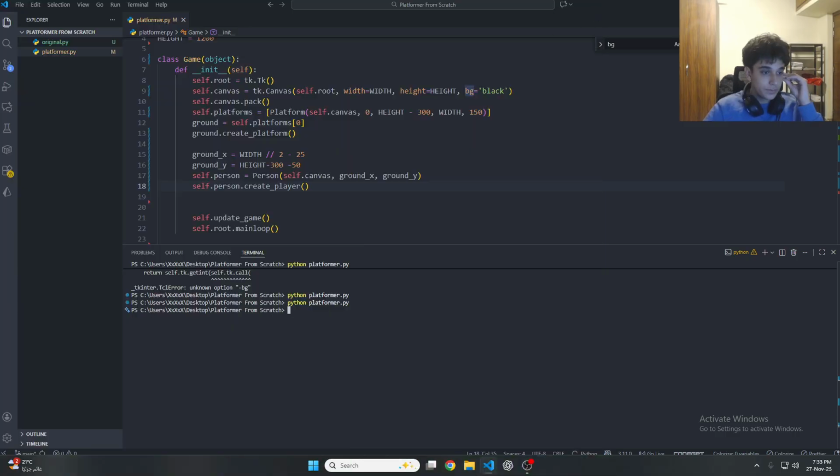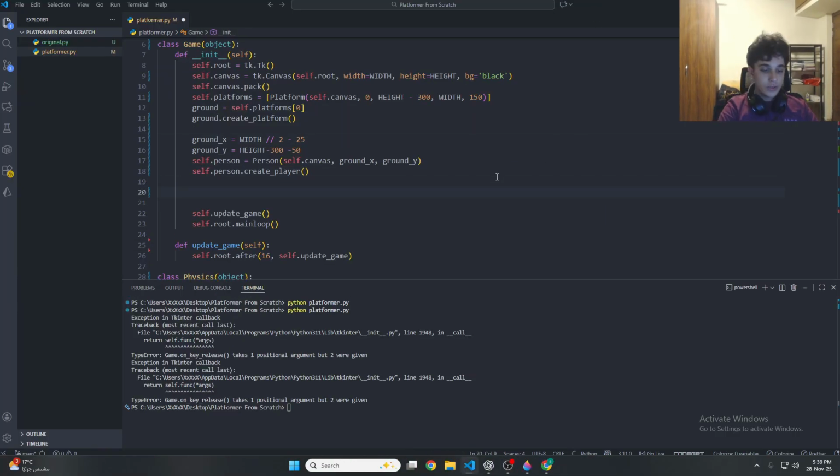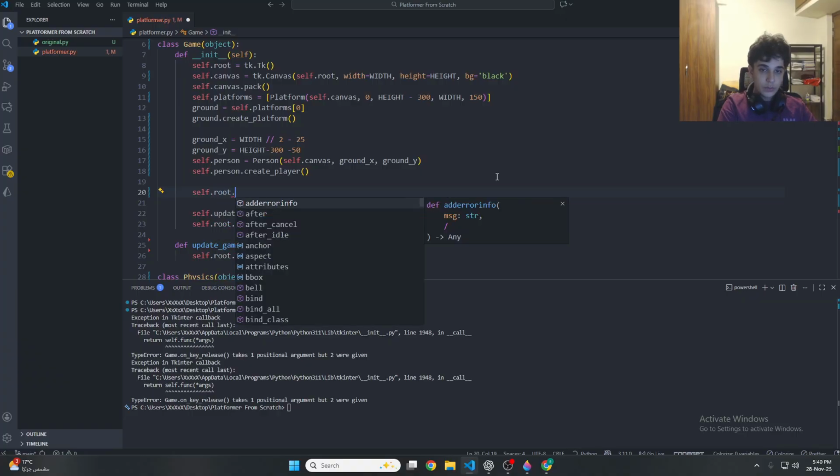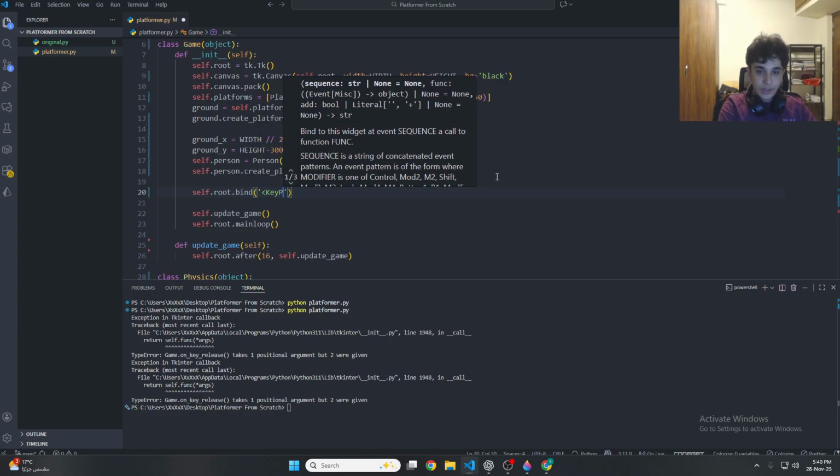next part. Okay, guys, let's pick up where we left off. Now we're gonna work on the movement, and to do that, first we're gonna have to define the default keybinds for movement. Now, to do this, we do self.root.bind, and this is gonna take in what we actually want to bind for a certain key press, and the callback function. So here we want to listen for any key press at any given time,